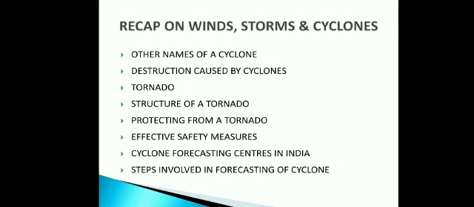Tornadoes can be as small as a meter or as large as a kilometer or even wider. The funnel of a tornado sucks debris and everything near at its base and throws them out near the top. It travels at a speed of about 300 km per hour. See, tornadoes may form within cyclones also.